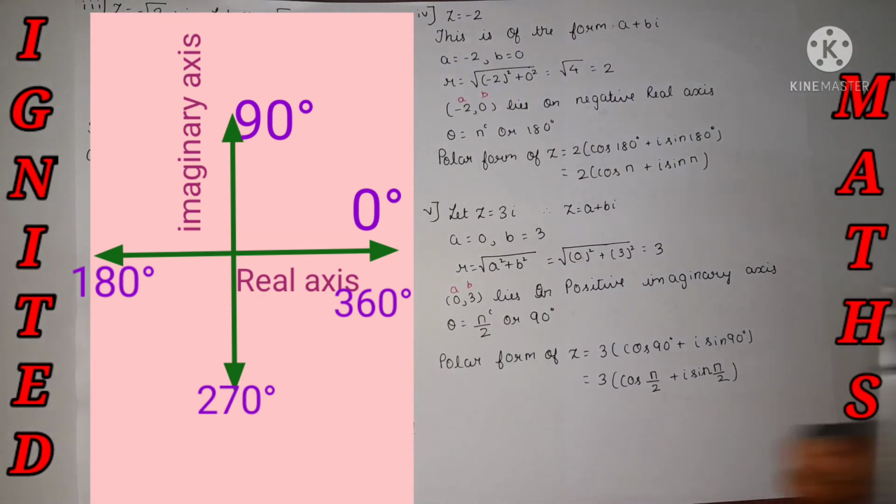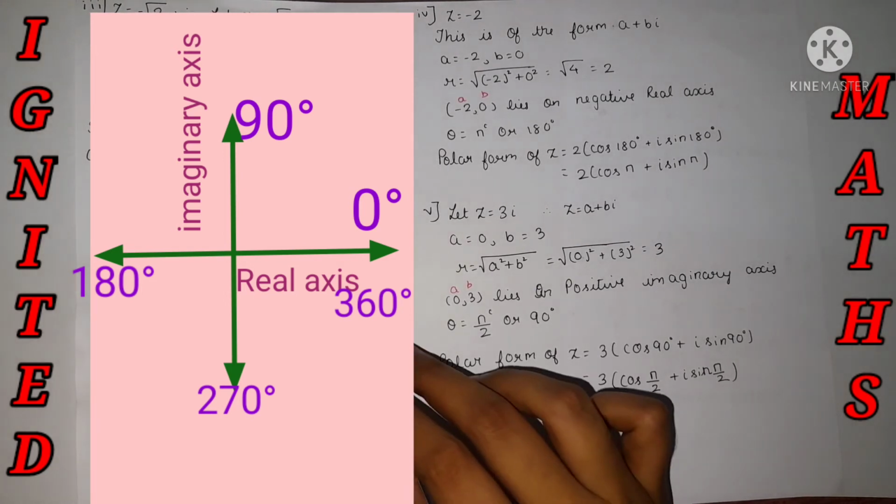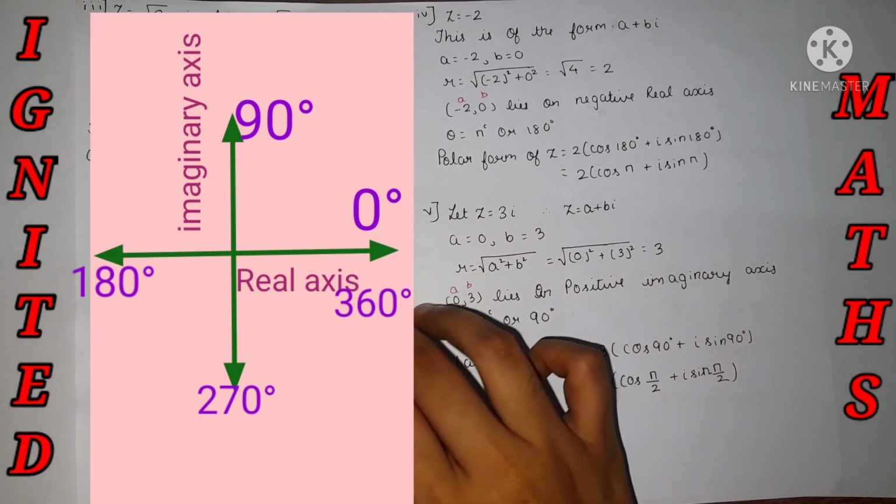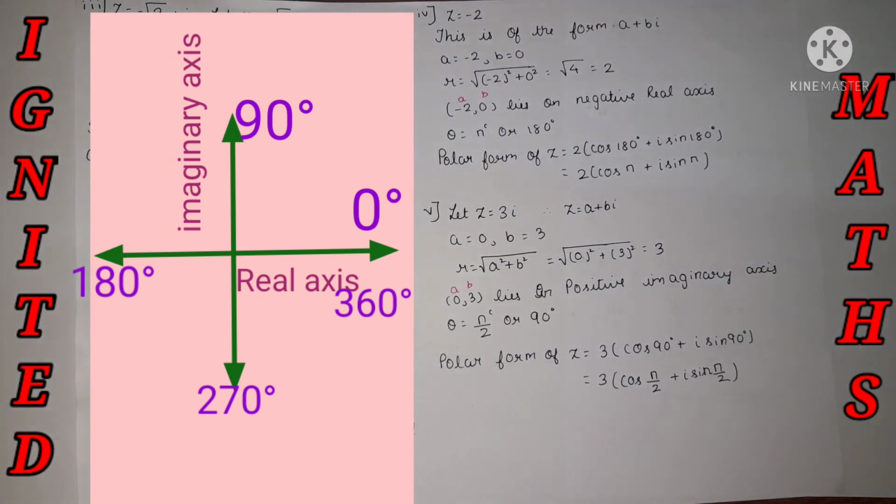If it lies in a quadrant, first, second, third, or fourth, then one way of doing it is by finding cos theta and sin theta. The other way is to find the value of tan theta, and the theta value is equal to pi minus alpha, pi plus alpha, or 2 pi minus alpha, according to the quadrant. Just put in the value and we'll get the answer. The answer is absolutely the same. We can even cross check once we are done with the question, just to see whether the answer is right or not. That way we also get the same answer, and the concept becomes even clearer.